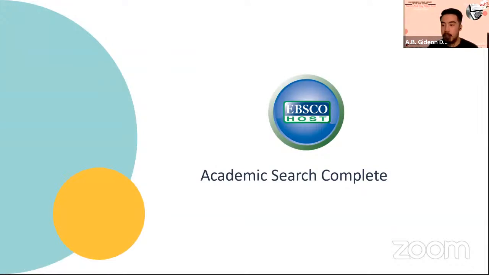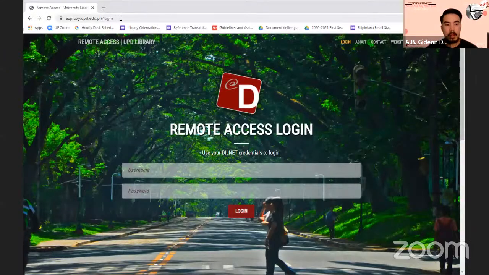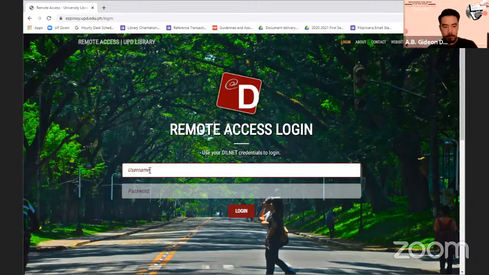All right, so having said that, let's try and execute some of those smart search strategies that I have mentioned. Okay, so I'm going to share my browser. Okay, so simple as that. easyproxy.upd.edu.ph. Obviously, I'm not using Delnet. I'm not in the main library, so I'm working from home. That's why I need to use easyproxy. Okay, so I think the topic regarding access will be discussed in the succeeding sessions. But anyway,